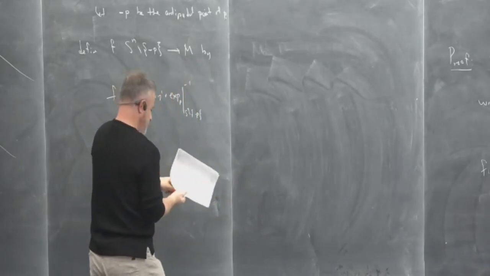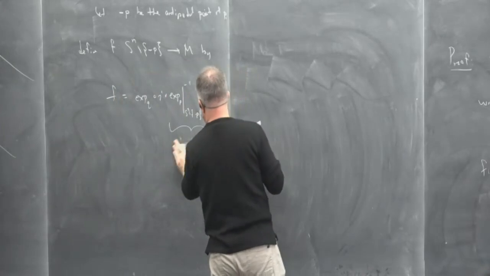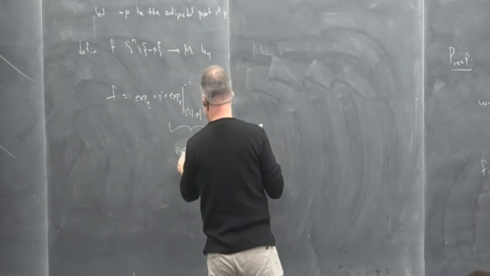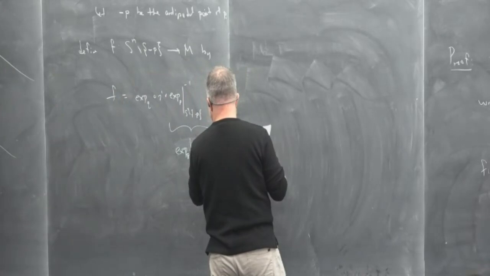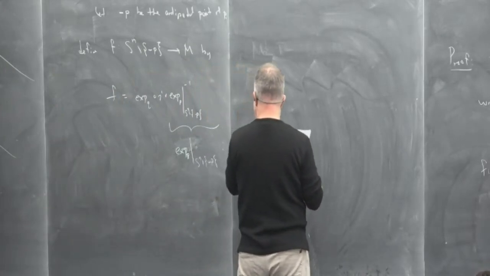Okay, so this is a diffeomorphism. Well, x_P restricted to S^n minus the antipodal point goes from